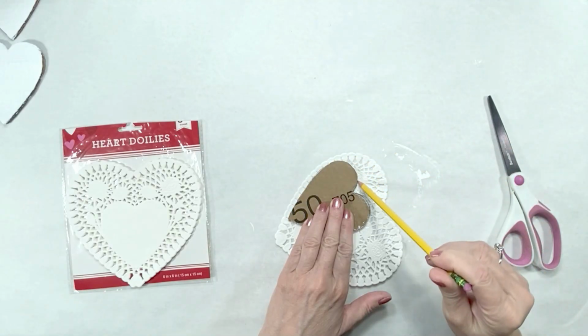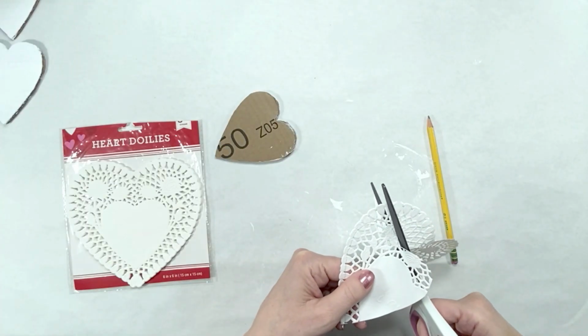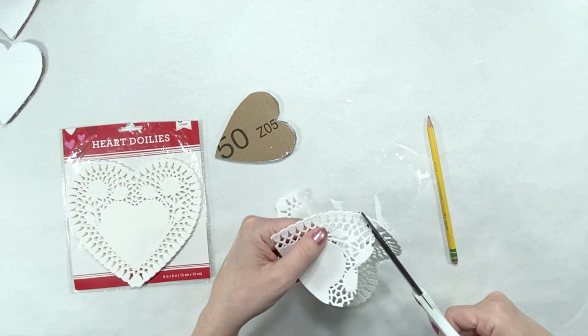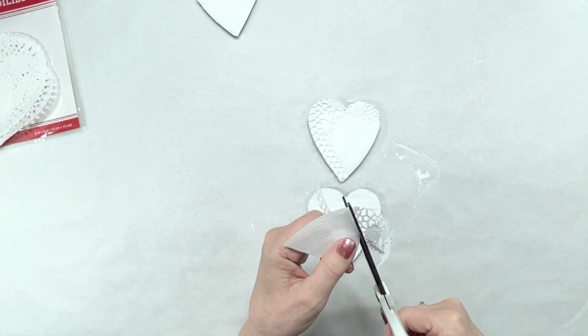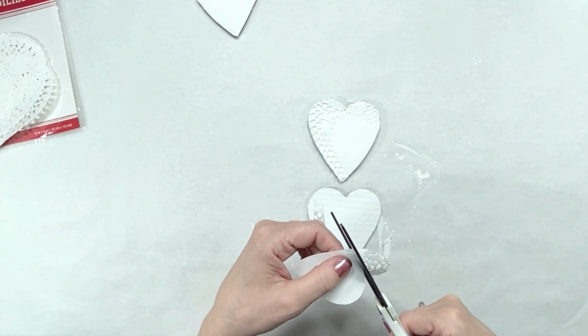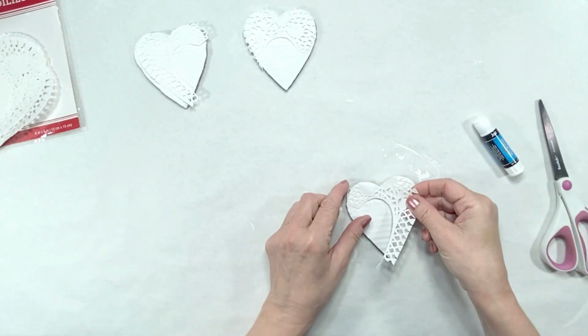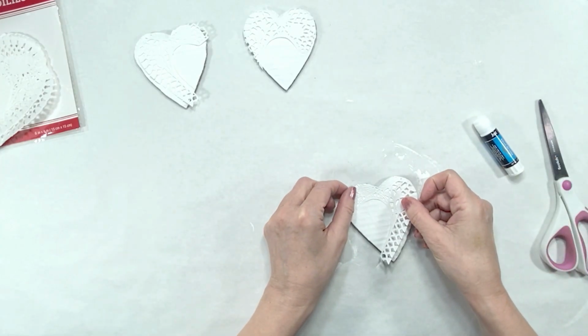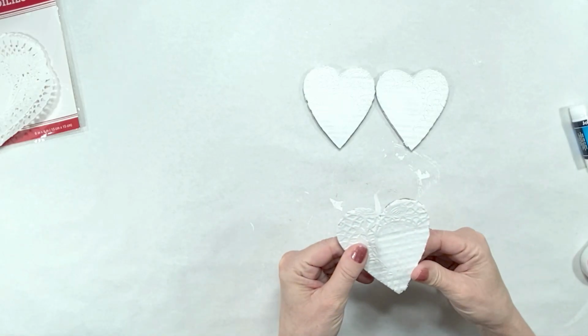For my crafts for this video, I did want that look because when I was in Hobby Lobby the other day checking out some of the Valentine's Day decor, I noticed that the metal ones had that same look just like cardboard. And I thought, oh, I could get that look with cardboard. I just have to make sure I pay attention when I get those pieces that have the little lines and bumps on. So I start off painting those hearts with the white chalk paint,